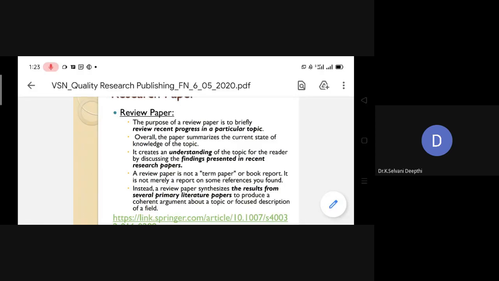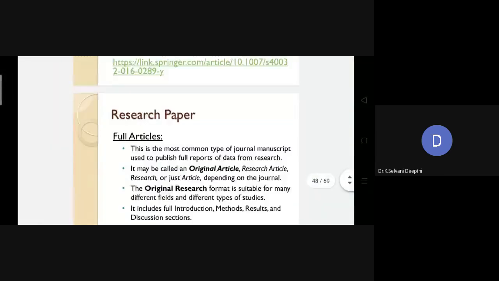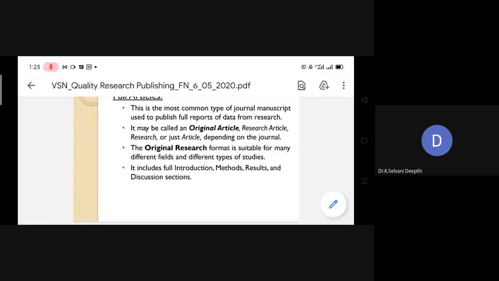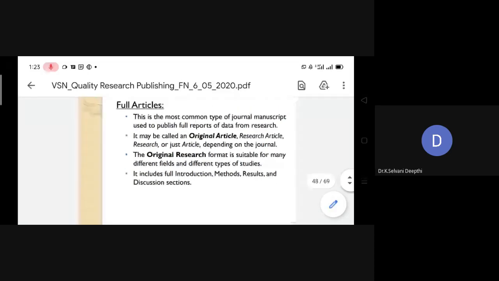So after that, the main research paper is the full article. That means here you have to propose something. You have to invent something. You have to invent some new method. For this, what we have to take is a base paper. For example, let us take, CSE people know about